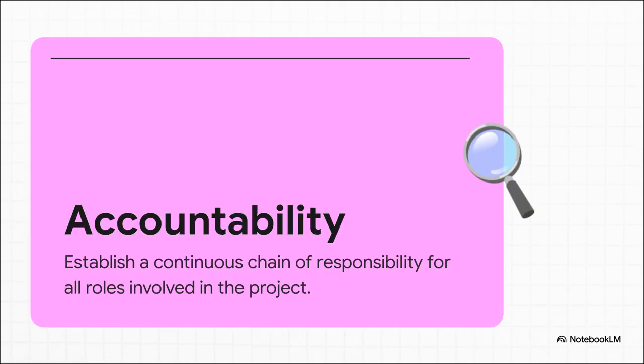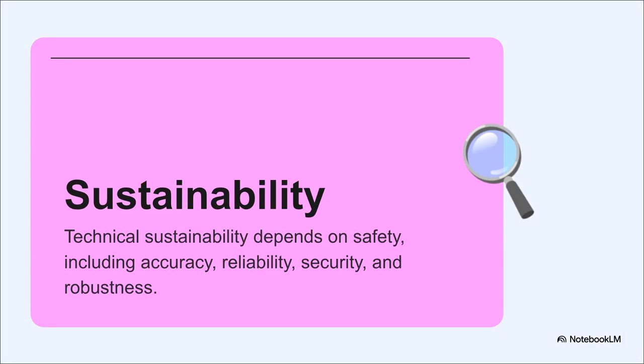But of course, to make sure all that stuff actually happens, you need the second principle, accountability. And this is just so important. Because let's be real, you can't sue an algorithm. You can't hold a piece of code responsible when things go wrong. That's why there has to be a clear, unbroken chain of human responsibility for every part of the system. Now, that accountability isn't just about ethics, it's also about the tech itself.